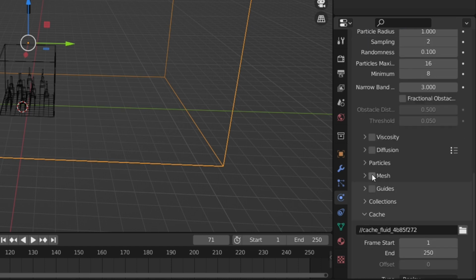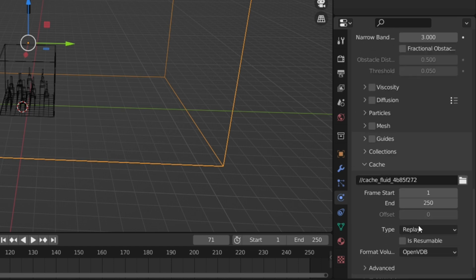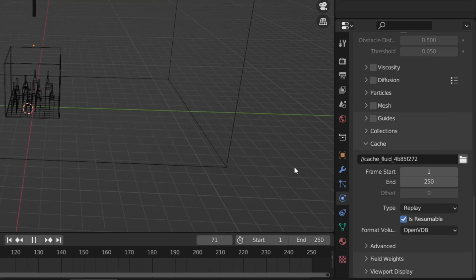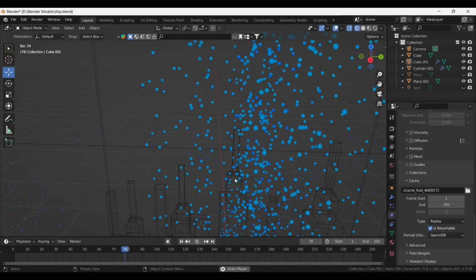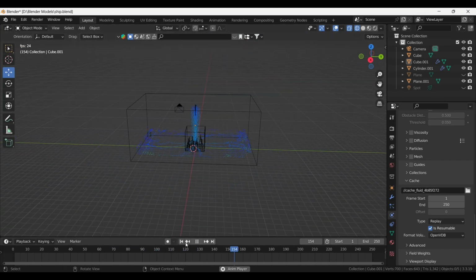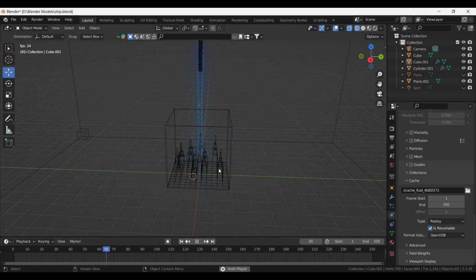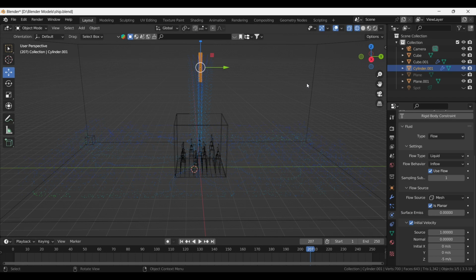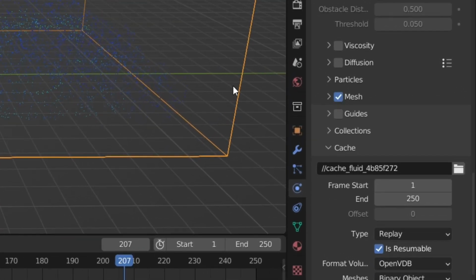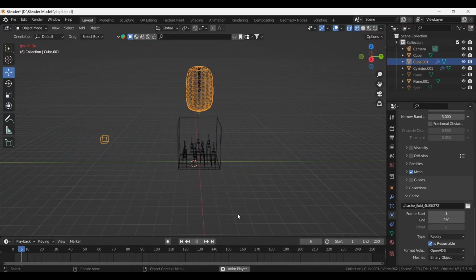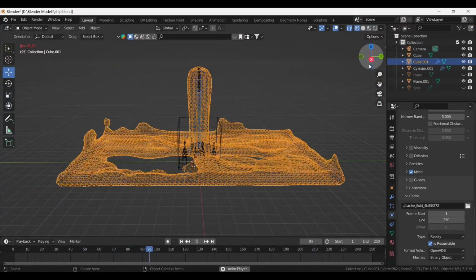Just check this mesh one when you bake our simulation. We just set the type to replay and check this is resumable. Now if you play, we can see a fluid simulation and it's pretty cool. So yeah, that's what we're trying to do. Now if we check this mesh and play the simulation again, you can see we have got a proper fluid